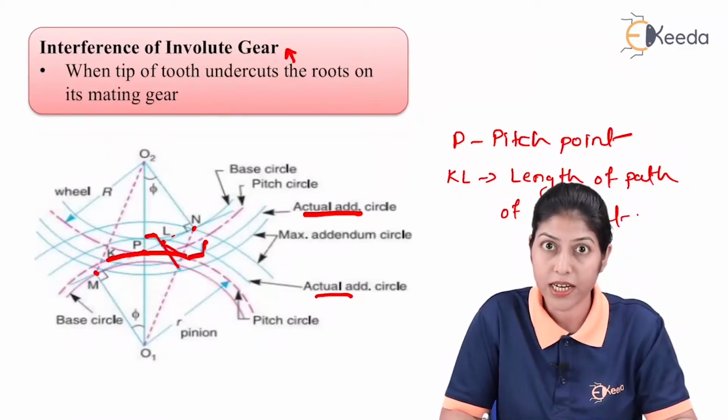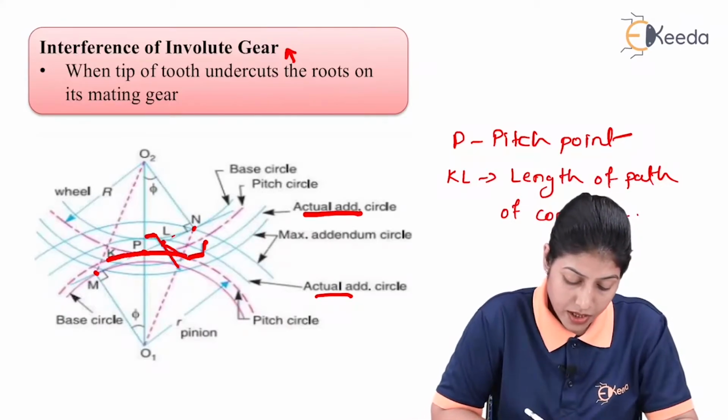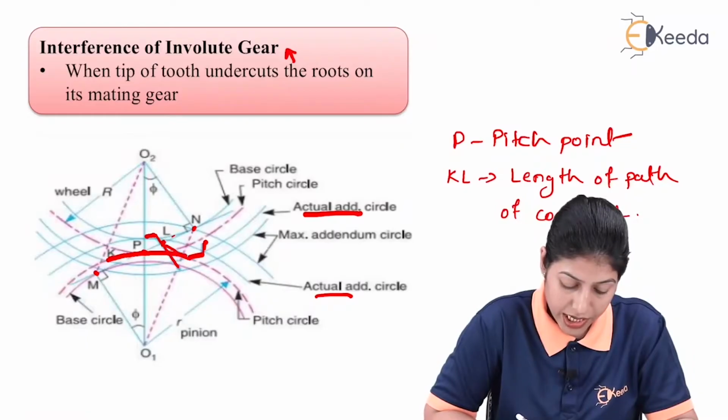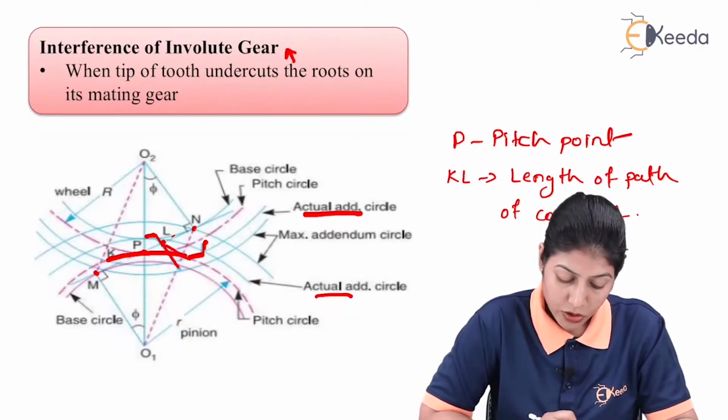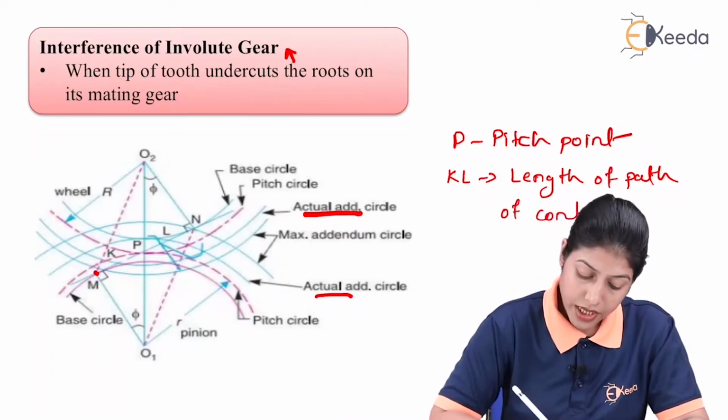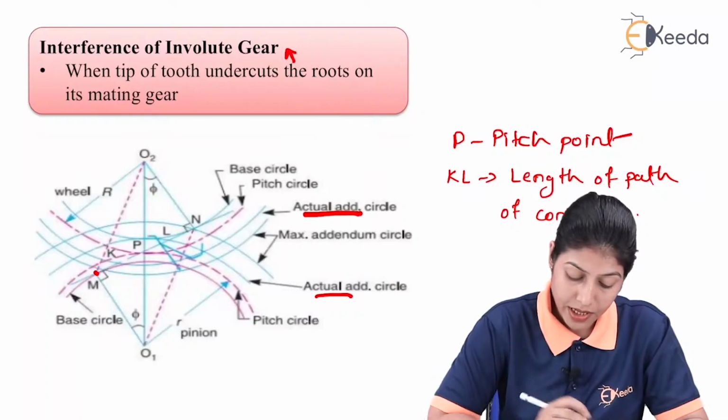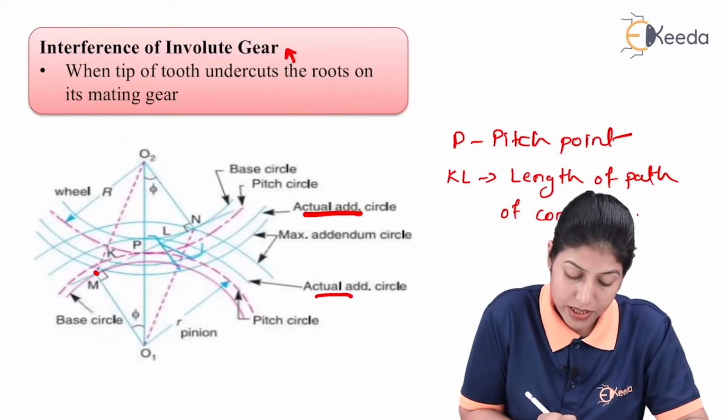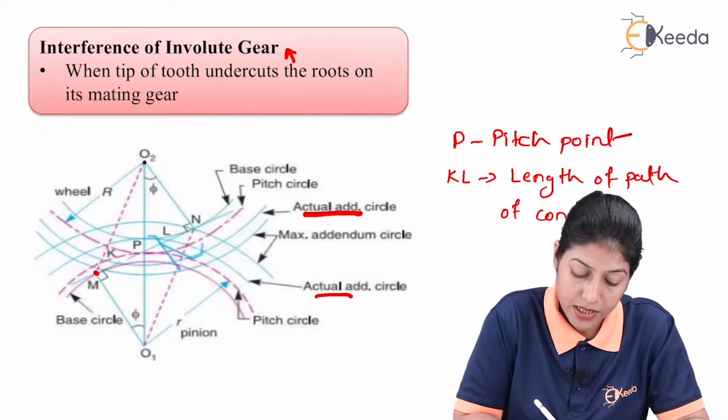So how can we define the interference for the involute gear profile? Here we have the actual addendum circle, which is intersecting the tangent MN, and the tangent we are considering over the base circle. This way we can define the length of path of contact. Here the radius of the actual addendum circle we can define from the center points